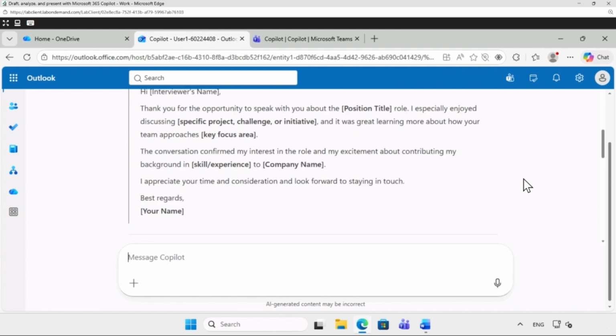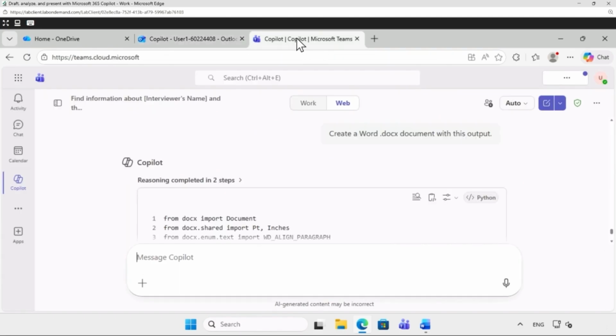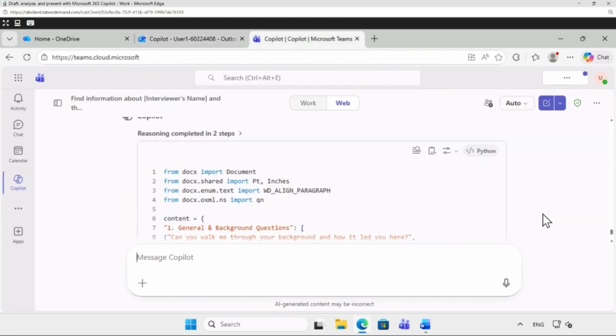We could save these. We could copy it. We could also take this and save it in Word if we wanted to do that. We could also click right here and export it to Word. And that way we can use this and save this as a template. So that's another option. So I'm going to go back to Teams for a moment and see if we have